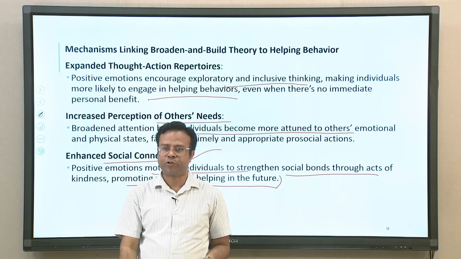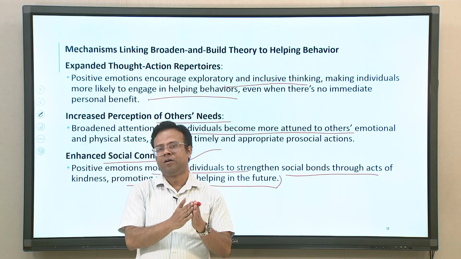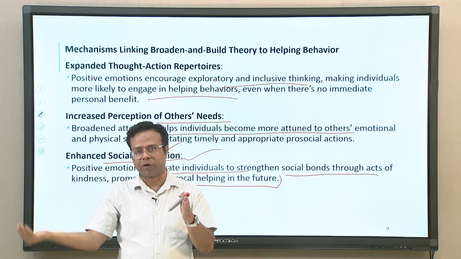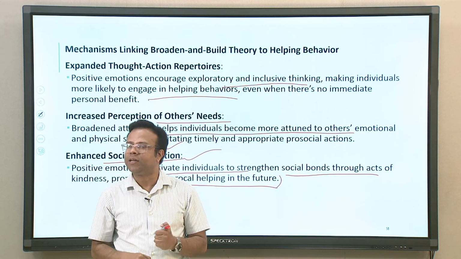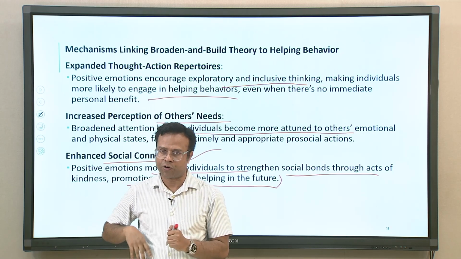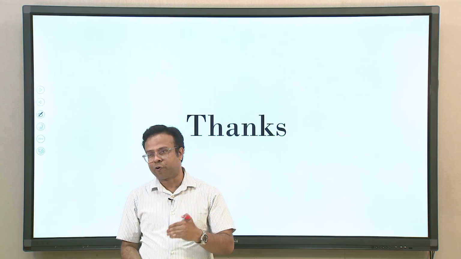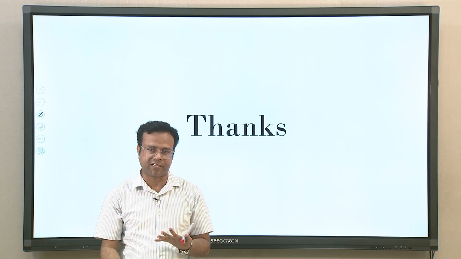So, this relationship between well-being and prosocial behavior can be bidirectional. Well-being can promote prosocial behavior, and on the other hand, prosocial behavior can promote well-being, and we have discussed both the theoretical explanation behind it and the empirical evidences around it. So, with this I stop here. We will be talking about a few more aspects of prosocial behavior, particularly from the interventional perspective, in the next lecture.